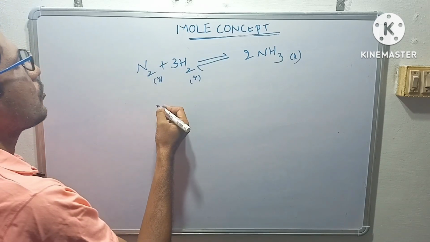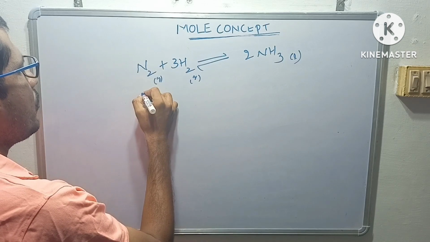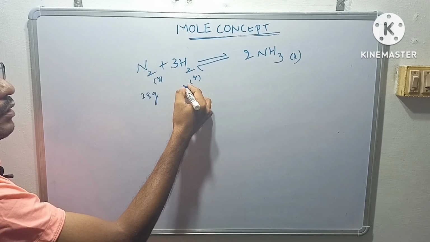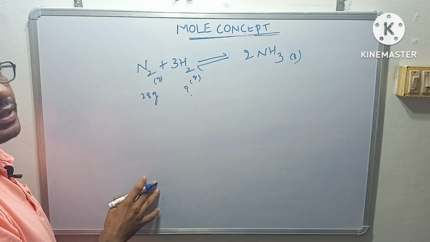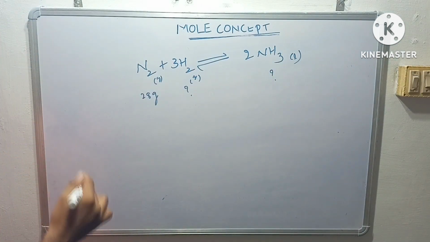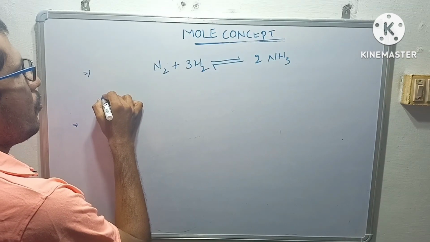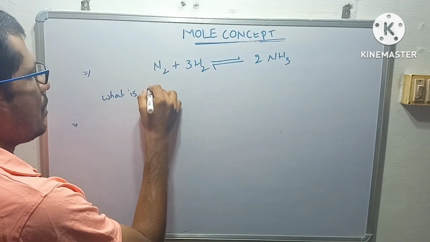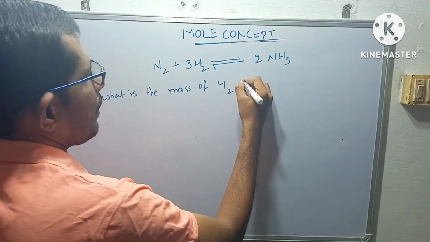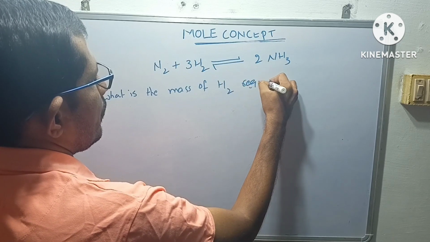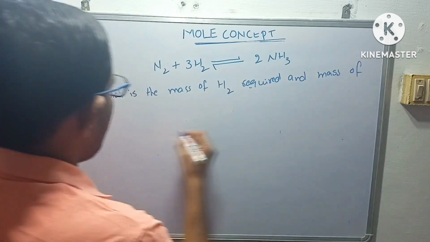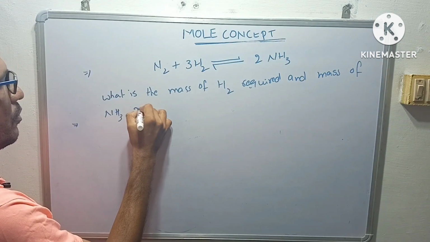So if a question like this, suppose I take this as 28 grams. In the question, I take as 28 grams. So I ask you, what is the mass of the hydrogen needed and what is the mass of ammonia produced in the chemical reaction? I will write that question over here. What is the mass of H2 needed or required and mass of NH3 produced